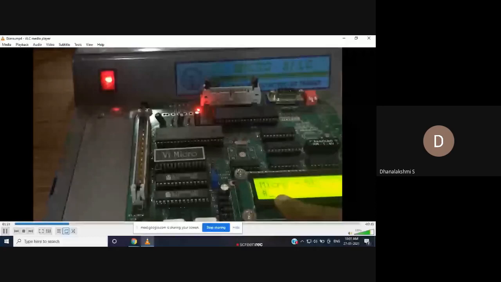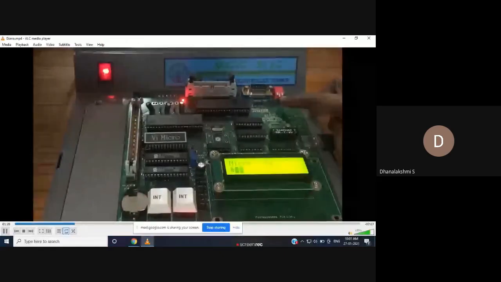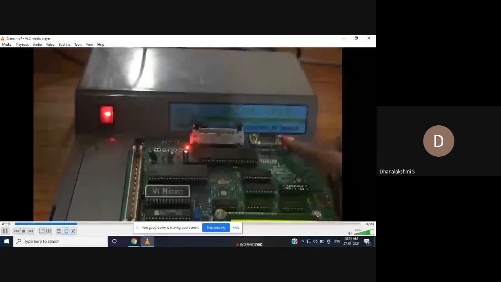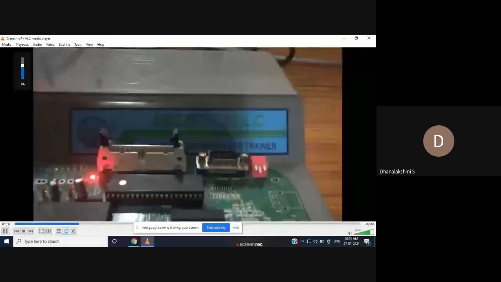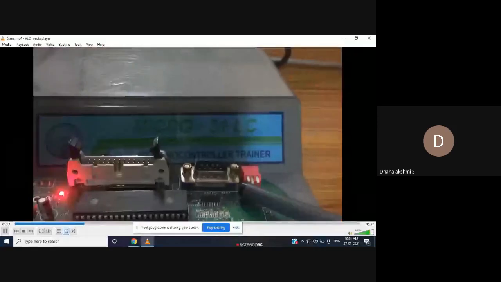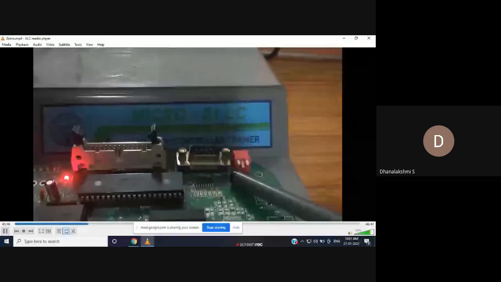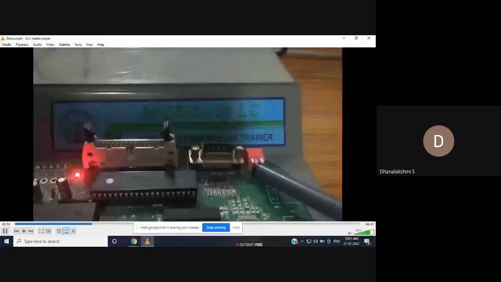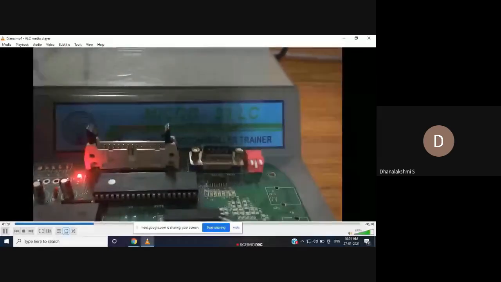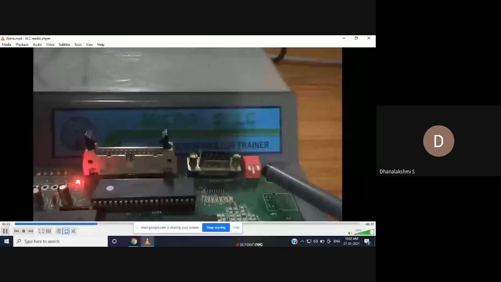And regarding these switches, we have 3 buttons. Switch 1 should be in upward direction, you can see here. And switch 2 should be in downward direction, and switch 3 should be in upward direction. Switch 1 should be in upward direction to ensure that it uses RS-232 serial port communication. And switch 4 should be in downward direction to guarantee that the controller is in execution mode. And switch 5 in upward direction for accessing the external memory. And this is about the switches.